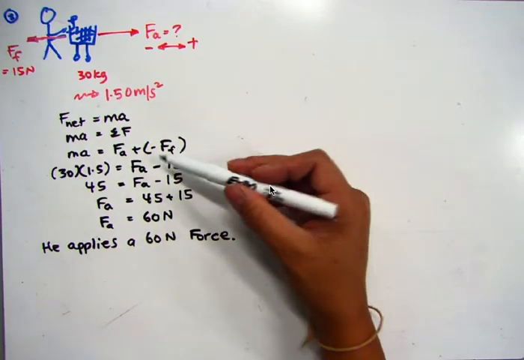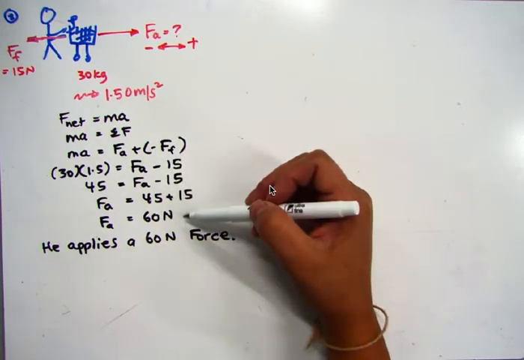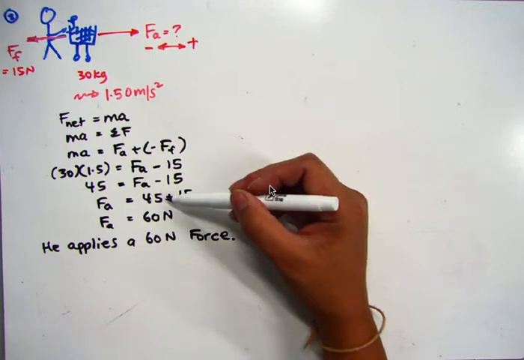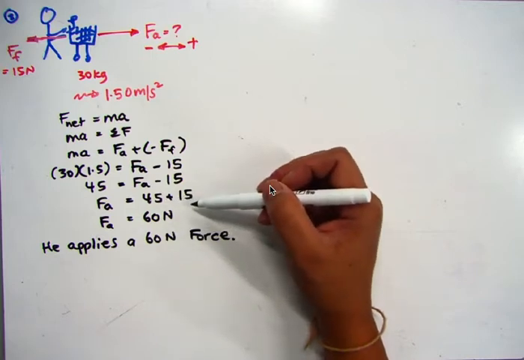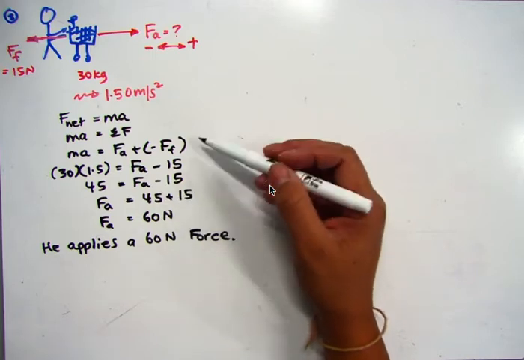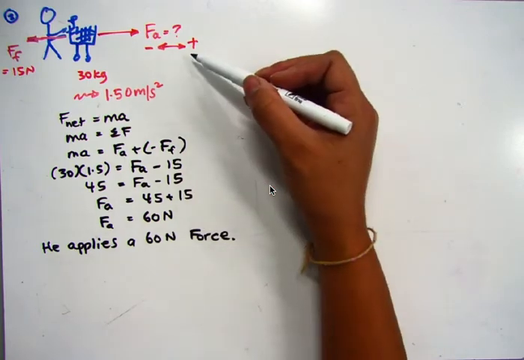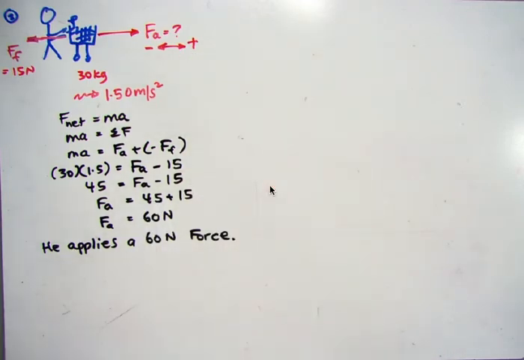It's really easy to make a mistake here with your signs and end up subtracting the 15 instead of adding the 15 and get an answer of 30. So just be really careful when you choose your sign convention and putting the signs into the problem, that you're very careful about what you're